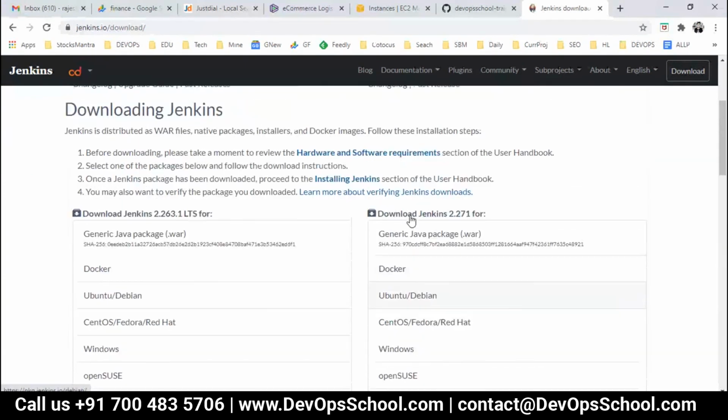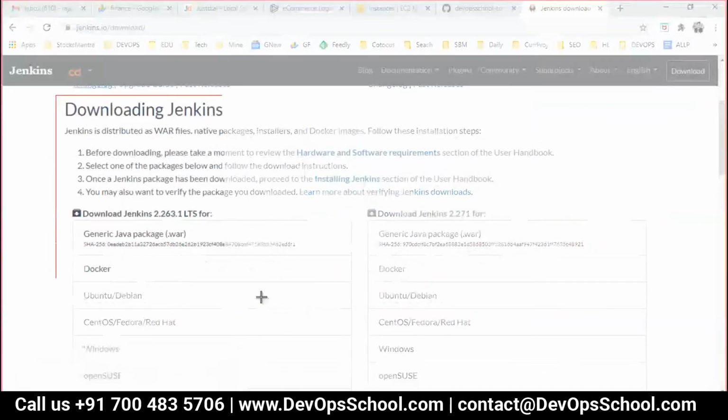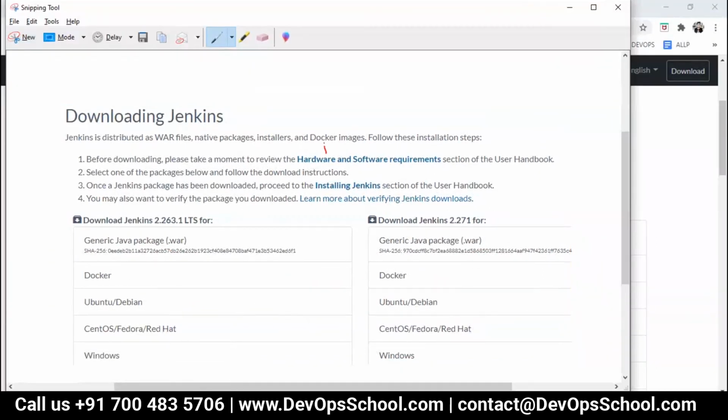So if you look at this here, before downloading the Jenkins, let's understand some of the hardware and software requirements. By now we have understood the hardware already. It can be any mode of operating system like Windows or Linux, but if you want to know what the minimum requirement is, you can go and get to know.